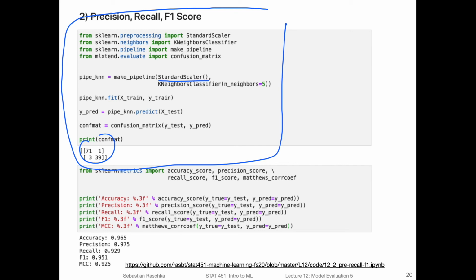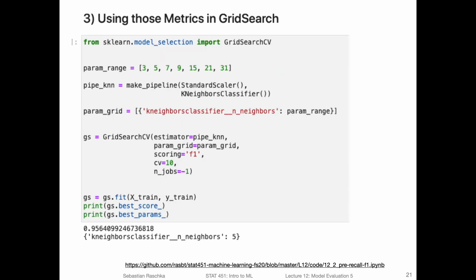We can import the scores, like the precision score, recall score, F1 score, and Matthews correlation coefficient from scikit-learn. And just apply them to the test labels versus the predicted labels and get the different metrics. That's how you can use it. So you could technically also just compute that from the confusion matrix, but that's not necessary.